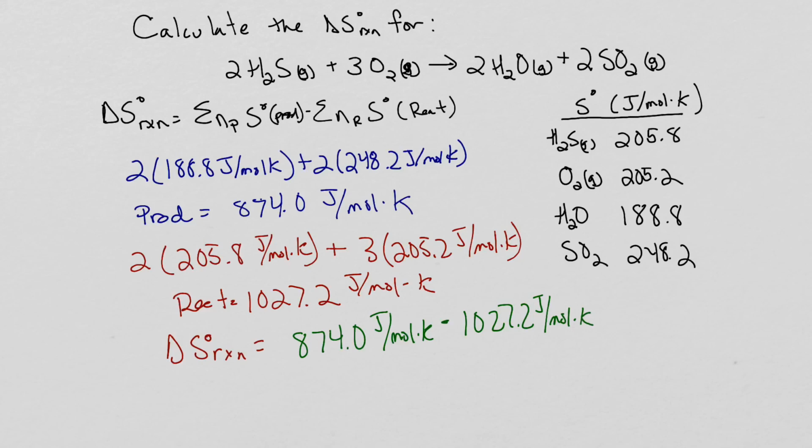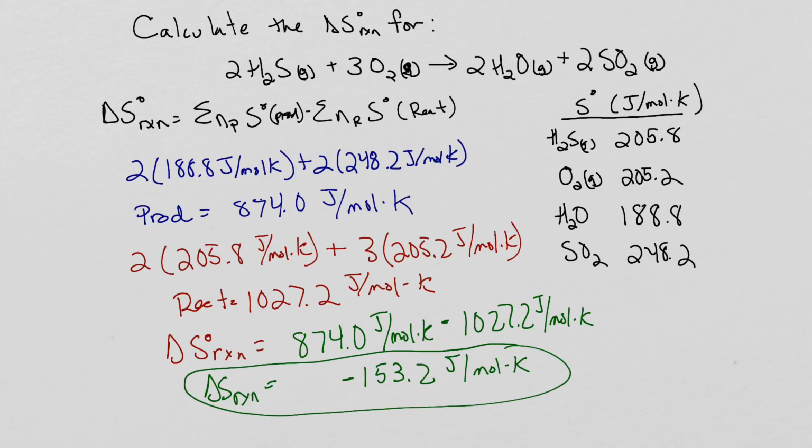And if we do that, we end up with a negative 153.2 joules per mole Kelvin for our delta S of reaction. So we can see this process has an overall decrease